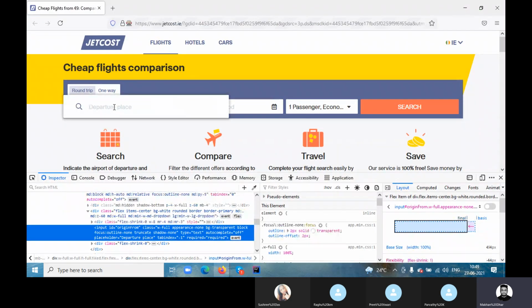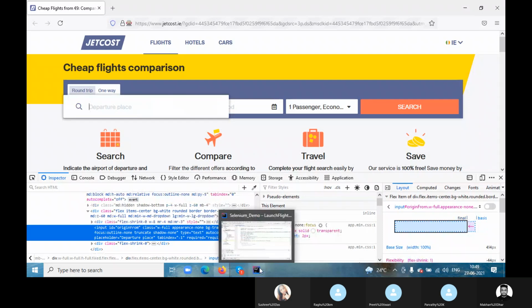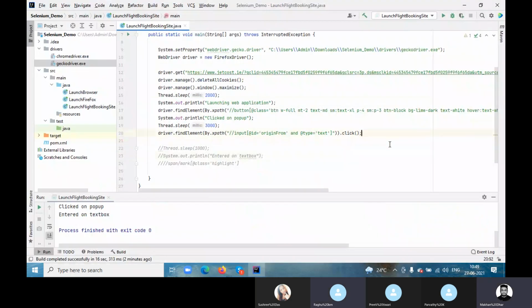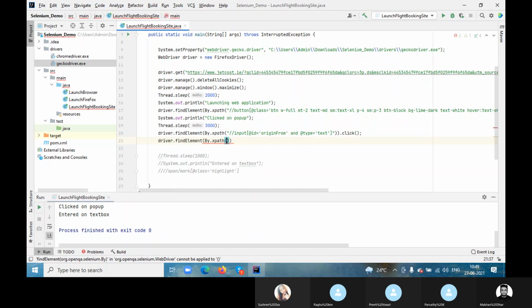Then we should type. Yeah, type something there. So again I'm saying driver dot find element by dot xpath. Same thing, same element, right? We'll just pass dot send keys.